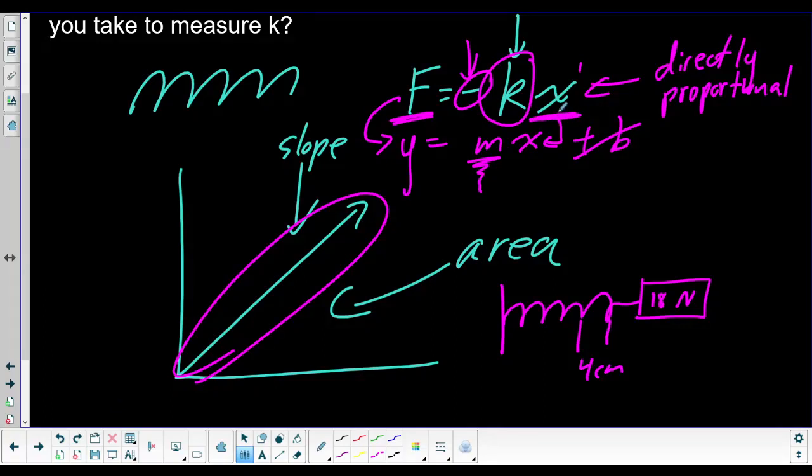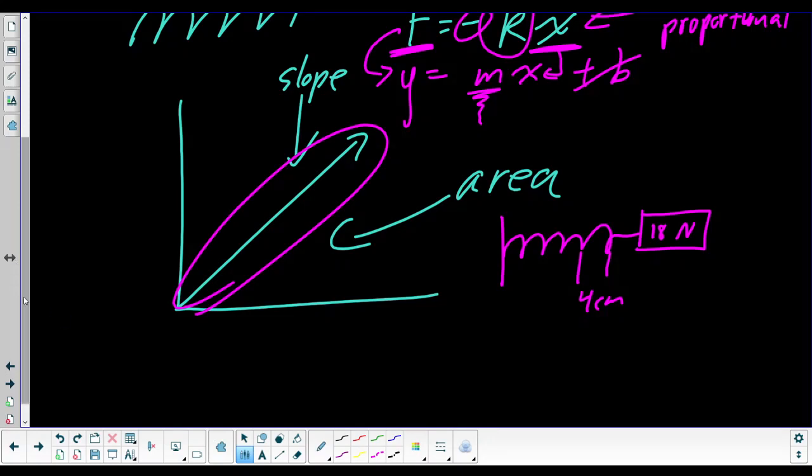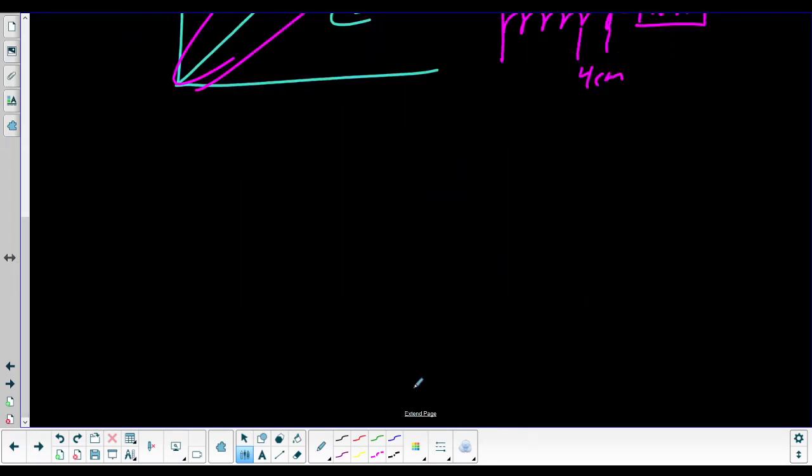All right, so that's how we could set up our experiment. We could measure the distance it travels, we could measure the force, and then the slope of this would be k. And you're going to say, Mr. Barton, hold on, why do I care about the slope? So every year there are, of course, students who say, Mr. Barton, why don't I just take a spring,